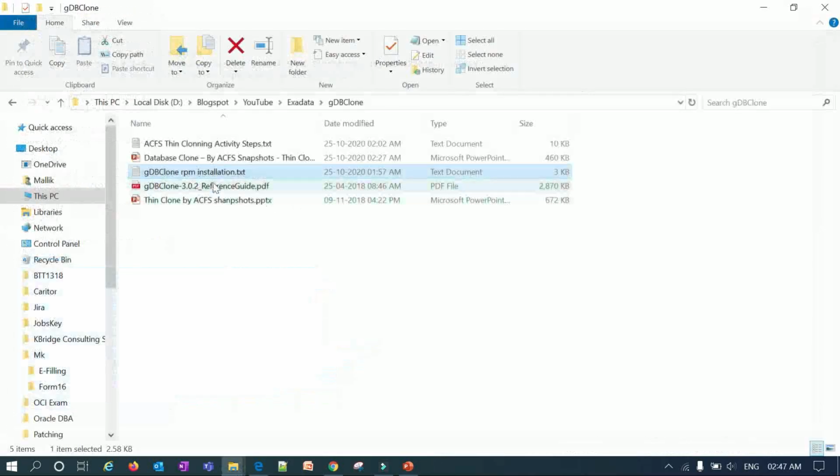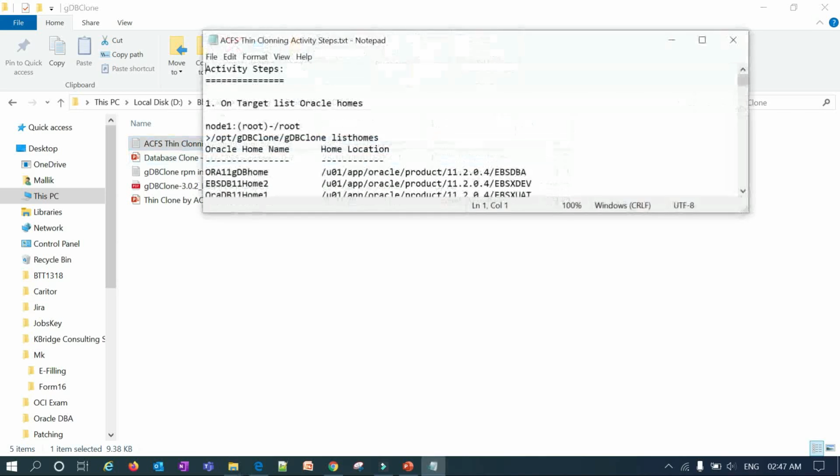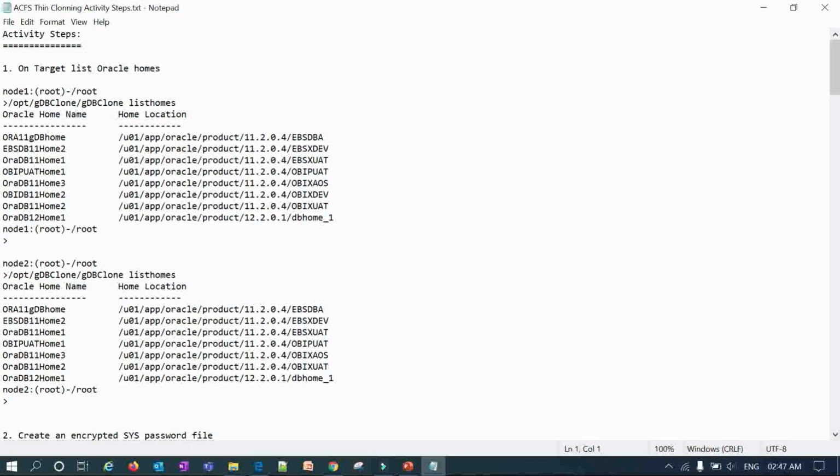So once after I installed, this is the activity I performed. You can see on the target Oracle Homes, I created Oracle Homes. You can see here these are the GDB in node 1, and in node 2 you can see